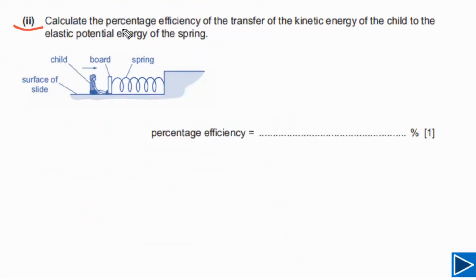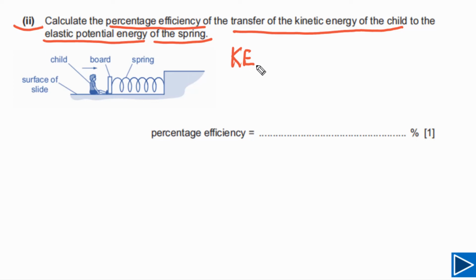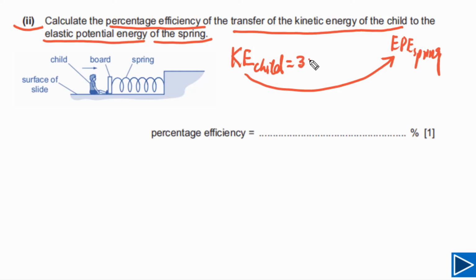For the second part, we need to calculate the percentage efficiency of the transfer of the kinetic energy of the child to elastic potential energy of the spring. So simply we can write down here the kinetic energy of the child, meaning how much kinetic energy of the child has been converted into elastic potential energy of the spring. We need to calculate percentage efficiency for this energy transfer. Kinetic energy of the child we have, that is equal to 300 joules, and elastic potential energy is only equal to